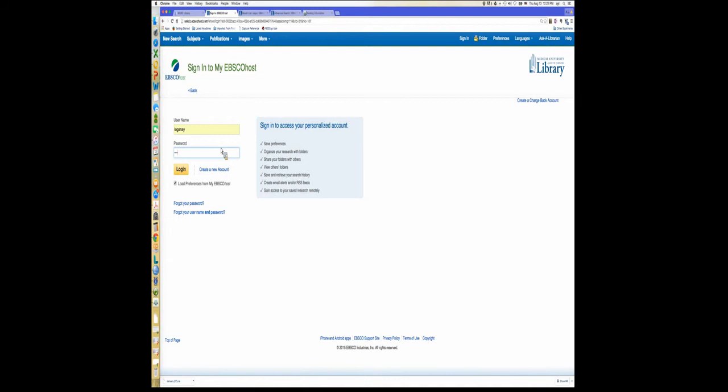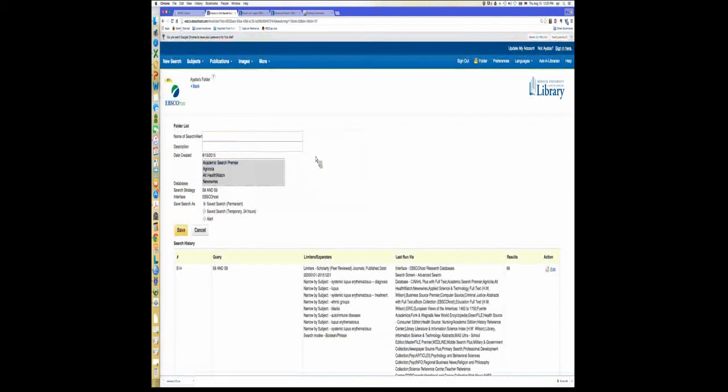Don't worry if you cannot remember your password. This is like all other databases or all other websites. It gives you the option, forgot your password. Once you're logged in, you do have to be logged in and have an account. This is separate from using your MUSC net ID. You can use your MUSC net ID, but this is separate. It will ask you to name your search, and in this case, we're calling it